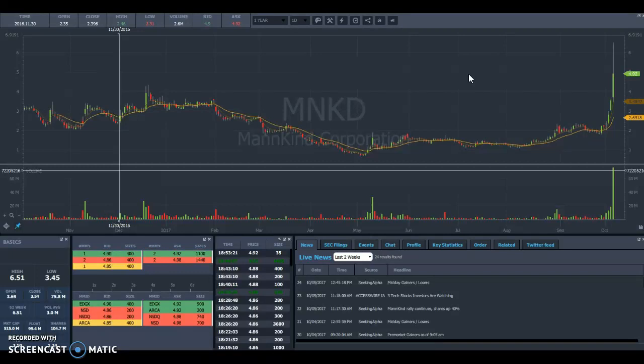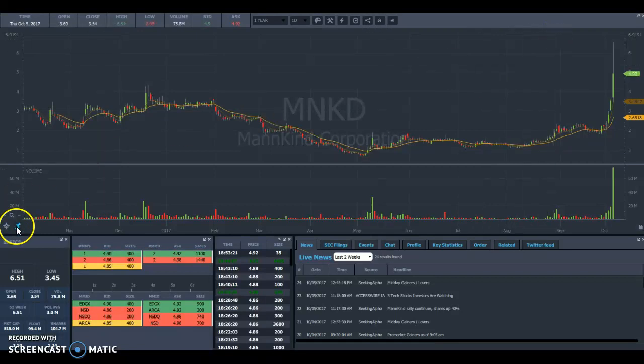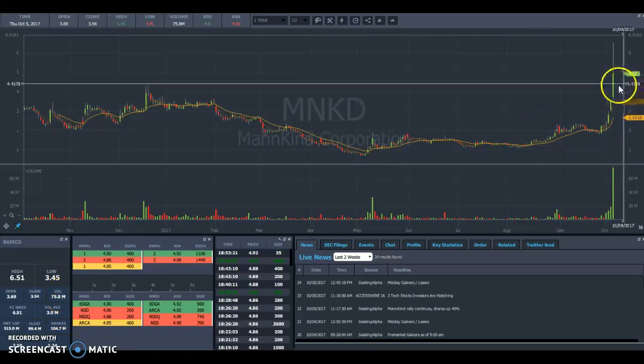I want to talk about a couple trades I did today on MNKD, Mankind Corporation. This is the one-year chart on Mankind, on stocks to trade. It's a pretty big float, 105 million shares issued, 99.4 million to float. It trades on average 3 million a day, but today a whopping 75.8 million shares, which of course corresponds